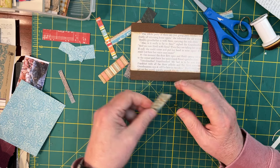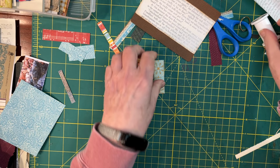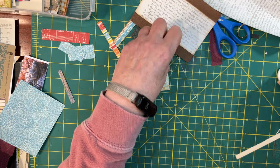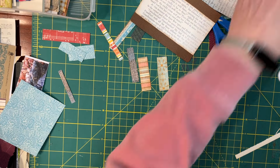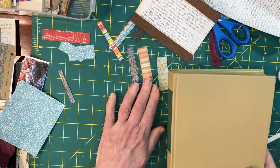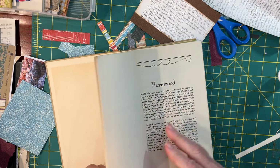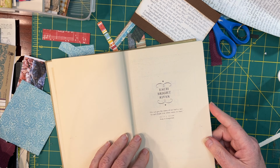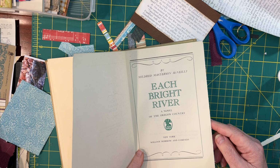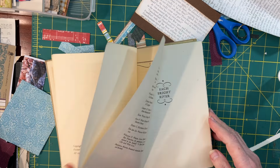Let's just pull out some of these little books that we have just prepped. I'm not going to round those corners, and we're just going to choose some titles. I have some old books here. I don't know that this one is going to work, but old pages tend to work pretty nicely. Let me see. This text is a little bit too big. What I'm going to do is pull it up from